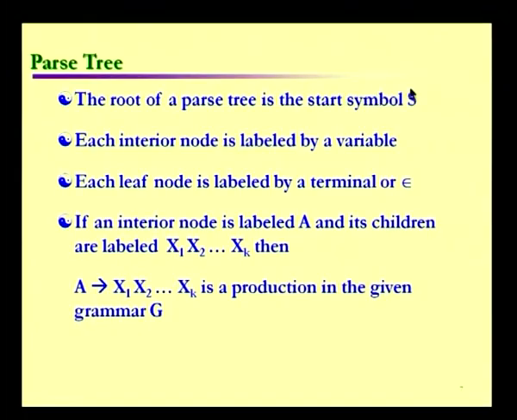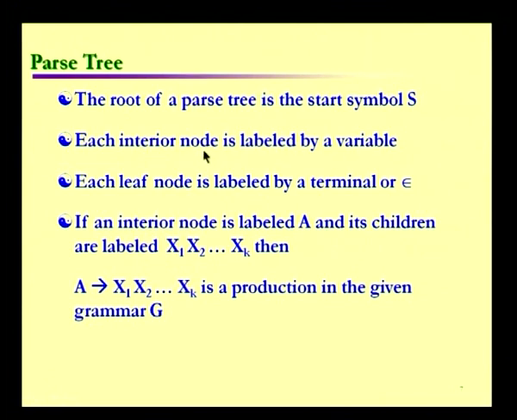So, this tree consists of internal nodes and external nodes, or the internal nodes and the terminal nodes, and what do we have in the internal nodes and what do we have in the terminal nodes? That will form the definition of your parse tree. So, it is going to have a root, and the root consists of the start symbol of the grammar, which is nothing but your S, and every interior node is labeled by a non-terminal or a variable,